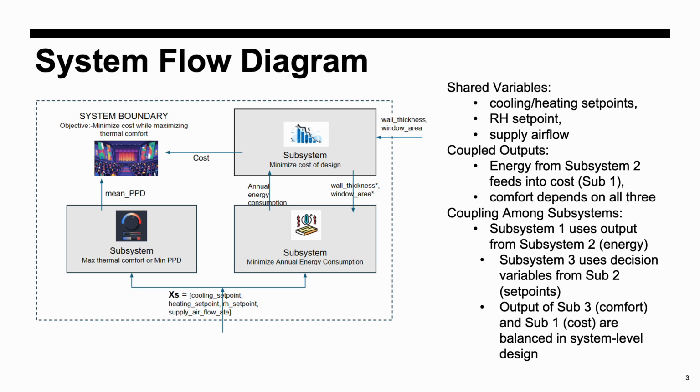The shared design variables are cooling and heating set points, relative humidity set point, and supply airflow. Subsystem 2's energy consumption feeds into the cost model of Subsystem 1, while all subsystems contribute to occupant comfort in Subsystem 3. Subsystem 1 receives energy consumption as an input from Subsystem 2 and includes that in its cost function. Subsystem 3 uses set points from Subsystem 2 to compute thermal comfort. These interdependencies make it clear that a system level optimization is essential to balance competing priorities across cost, energy, and